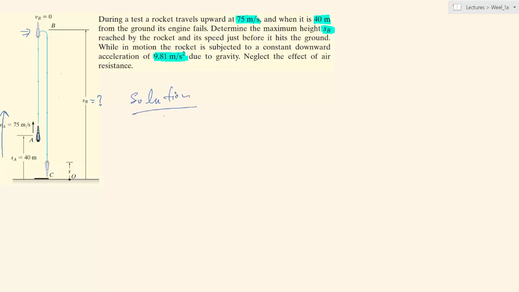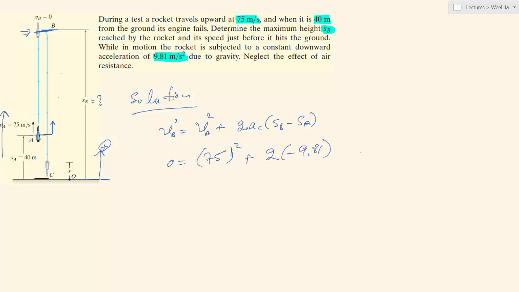So starting the solution, our positive direction is upward. For the first part, let's consider point A where the rocket fails and the final position B, where the velocity reaches 0. Now, applying the third kinematic equation, which is VB square equal to VA square plus 2 AC into SB, the final position, minus SA, the initial position. So VB is 0 and VA, the initial velocity given, 75, taking whole square of it, plus 2 into acceleration. The acceleration is taken here as negative because the gravity direction is downward while our positive convention is upward. Into SB, which we don't know, minus 40, which is the initial position. So we get the final displacement SB and it is